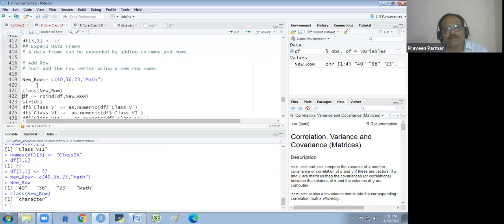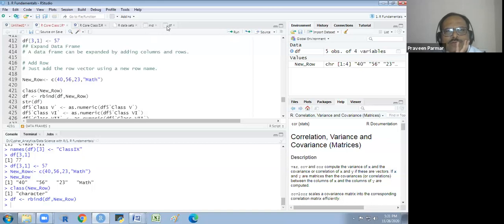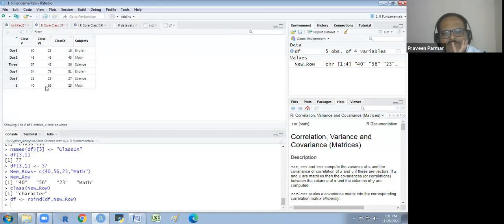So what I will do, it is a row, so I have to row bind. So for row bind, I have a function rbind. So in the data frame itself, I want to rbind. What I want to rbind? df, whatever my previous data frame, and I am adding the new row which I have created here independently. So if I run this, and if I show you that data frame now, you see, it is looking like this. Okay,